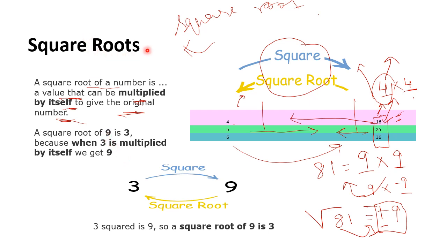The term itself says root. So you have to find out the basic number by which that perfect square has been made out. And you know the perfect square is always made when the number is multiplied by itself. Okay. So how do we read this number? 3 squared is 9, and the square root of 9 is equal to 3.